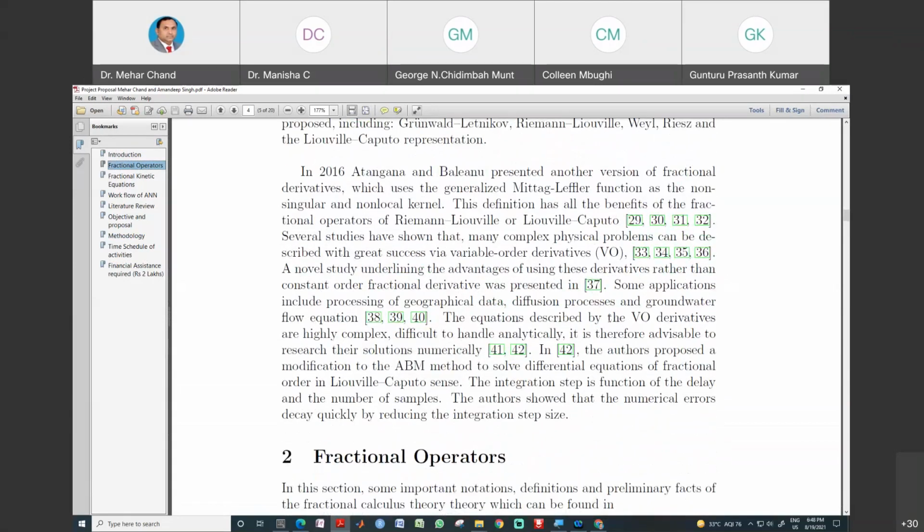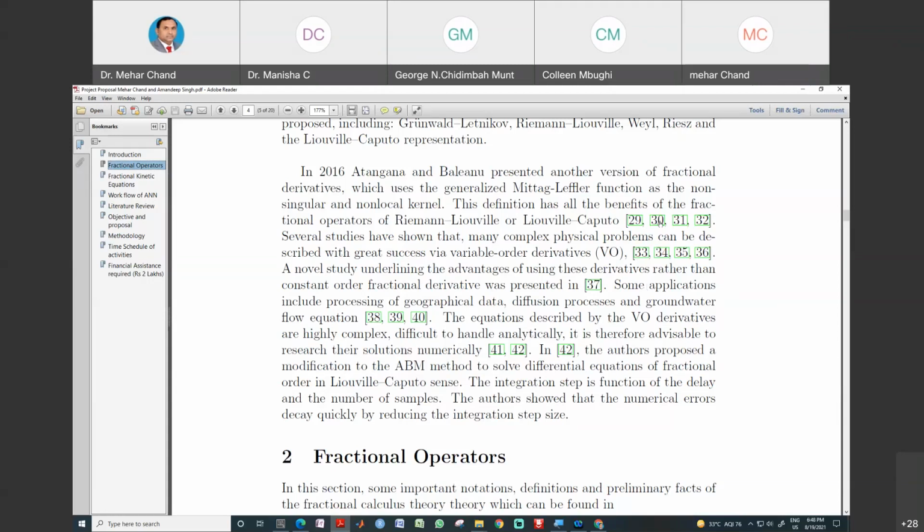So you can see in the green boxes, these are the references, and for these we use two packages. One is URL and the second is hyperref. Okay, so URL is used for the URL of a website or any pages, and hyperref is used for internal hyperlinks, to interlink the equations, the figures, and the references.